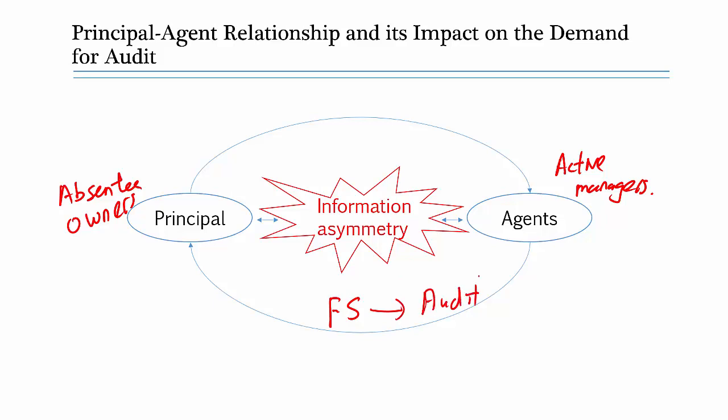The auditors would need to audit the financial statements to give credibility to the financial statements, because the auditor is an independent party. He is not related to the managers. By auditing, i.e. by checking the financial statements that were prepared by the managers, the auditors will be able to give credibility to the financial statements, and thereby the shareholders will be able to trust the financial statements that were prepared by the managers.